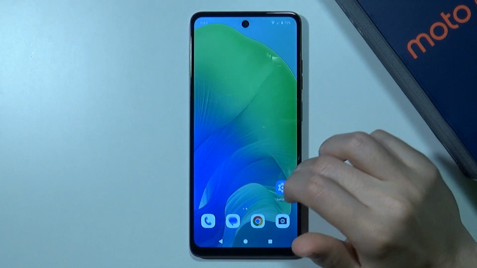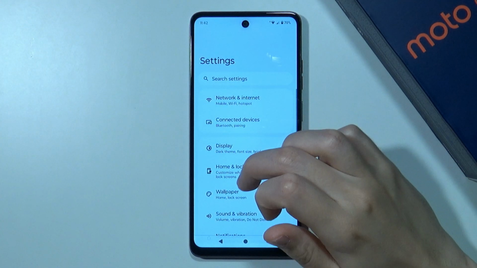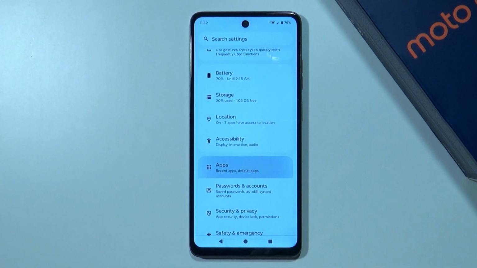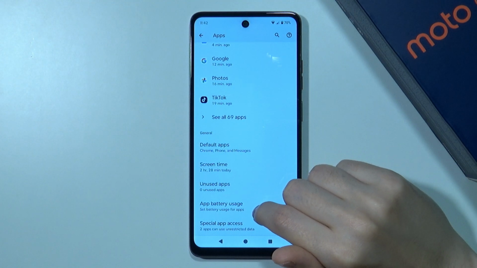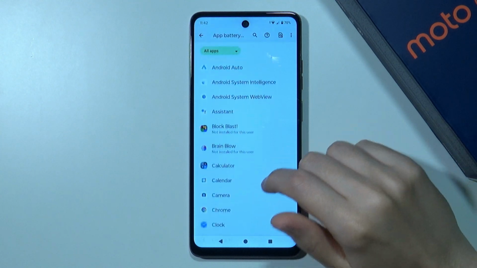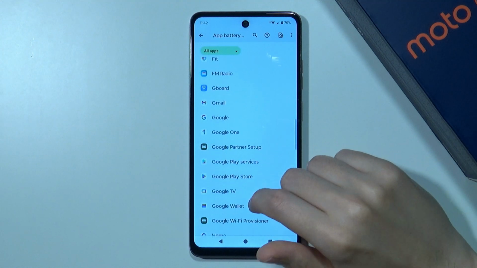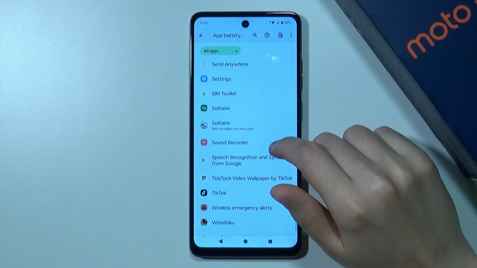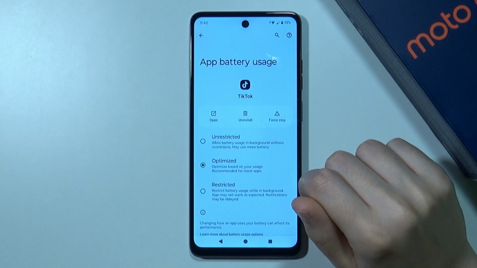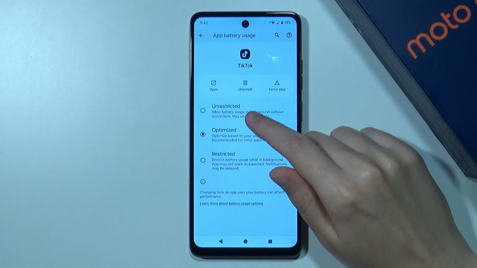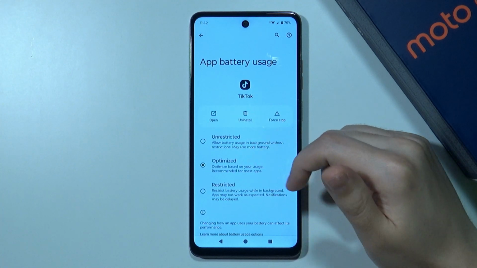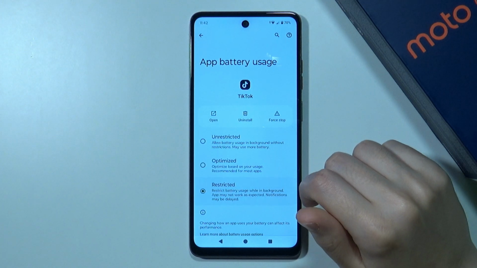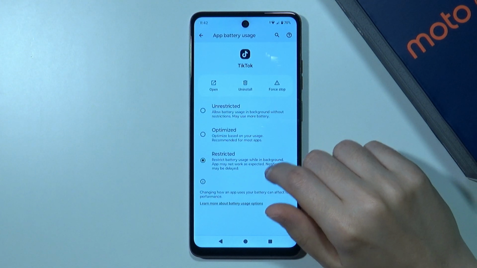We can also open the settings, and then in the settings we want to go to apps. Now in the apps over here we have app battery usage. We can tap over here, and then we can see apps, pretty much the list of all apps. Let's say I'm gonna choose TikTok. And now over here we have some things that you can do with the app. For instance, in the case of TikTok, we can use restricted battery usage, which should also lower the usage of